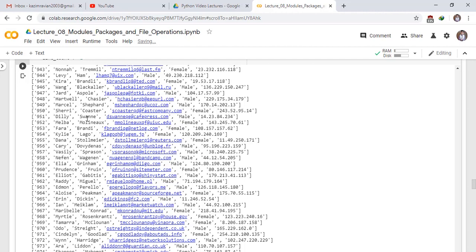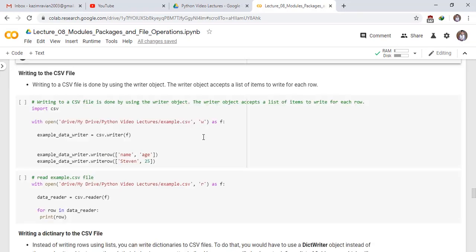This is our required result. Actually, it is the data which is written in the mock_data.csv file. Writing to the CSV file. Writing to a CSV file is done by using the writer object. The writer object accepts a list of items to write for each row. Import module CSV and using context